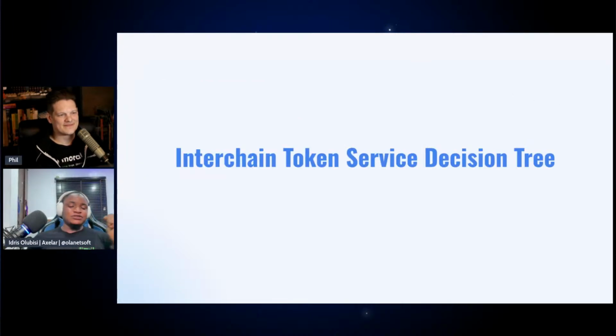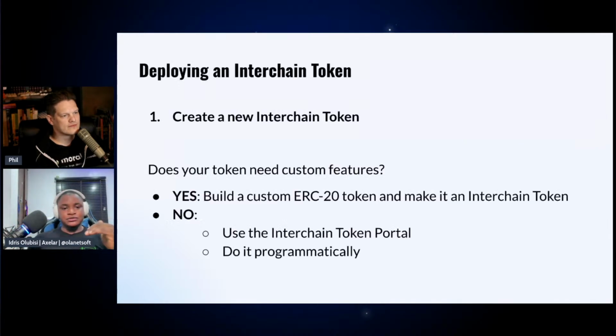Moving on, let's quickly talk about the Interchain Token Service decision tree, right? So I've mentioned creating a new token. If you have an existing token, how can you make it an Interchain token? But what are some of the decision trees that you have, so that once you see the options that are available to you,